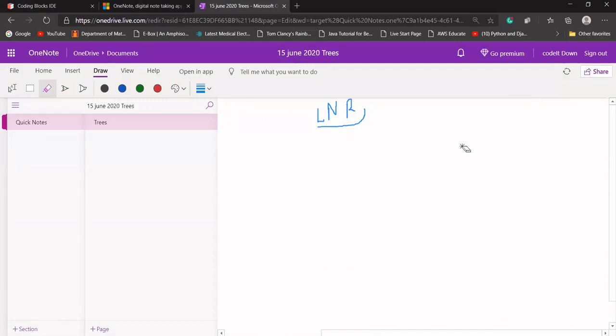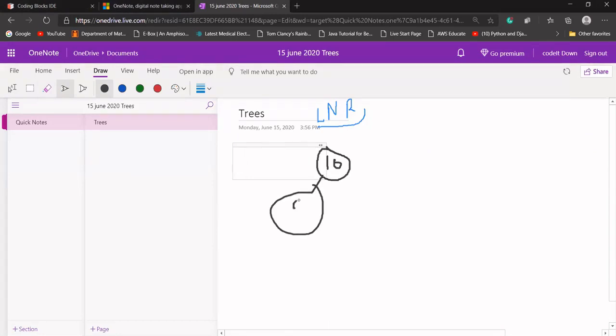Okay. So now I'm going to talk about BFS, that is our level order traversal. Let's say a tree is there, and its root node is 10. Left subtree is 20. Its right subtree is 30,